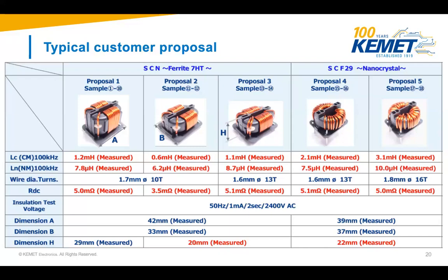And also on the left side, the 7HT material, you will find that with a lower inductance, we are able to increase a little bit the differential mode behavior, and that is meant to be because this is kind of the dual mode choke. While on the right-hand side, of course, we also have some differential mode behavior, but you see the